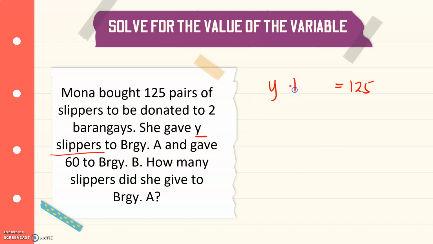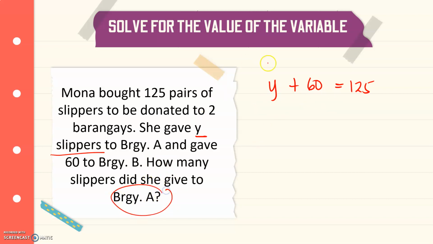That means when you add the number of slippers she gave to Barangay A, which is Y, and the number of slippers she gave to Barangay B, which is 60, the total should be equal to 125. That's why our equation here is this one. Then we will solve for the value of Y,